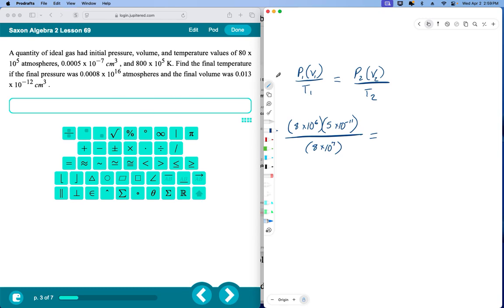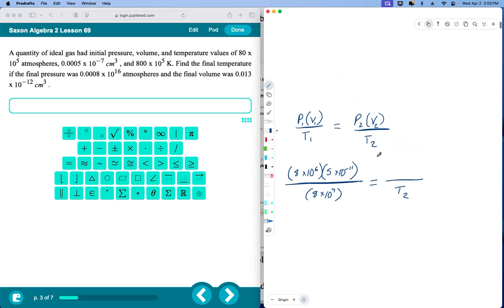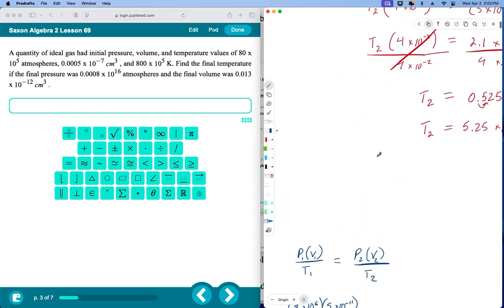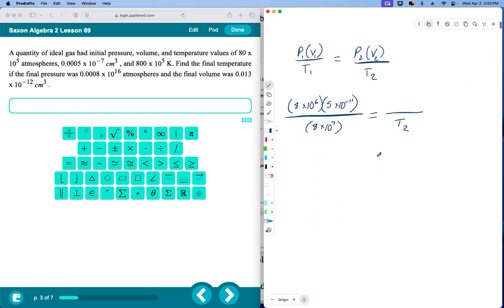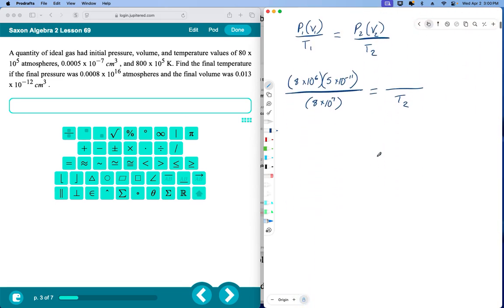we're going to find the final temperature. So this is the one. We're not finding this one again. These numbers look awfully familiar. No, they're different. I was thinking they were very familiar, but they're different. Okay, so